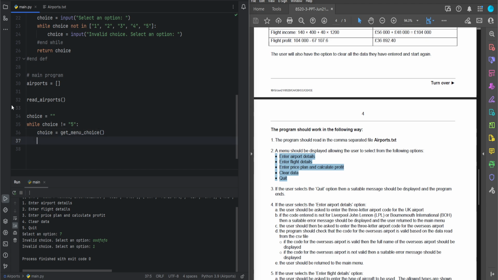Now of course here would be a perfect time for a case, but we don't have our case or select, so we're simply going to have to say if choice is equal to 1, then we want to do something,